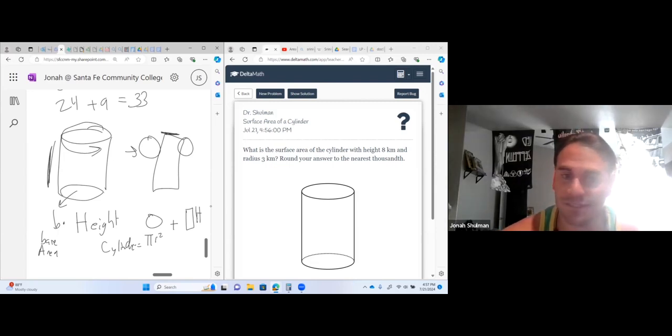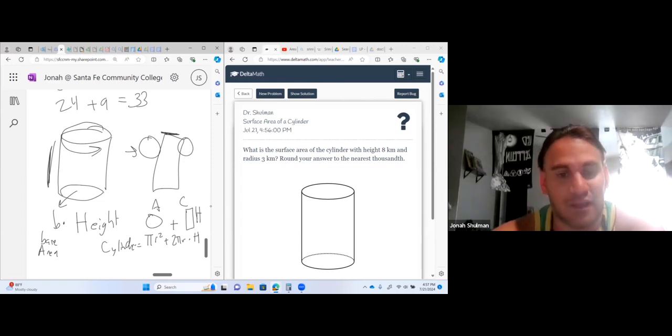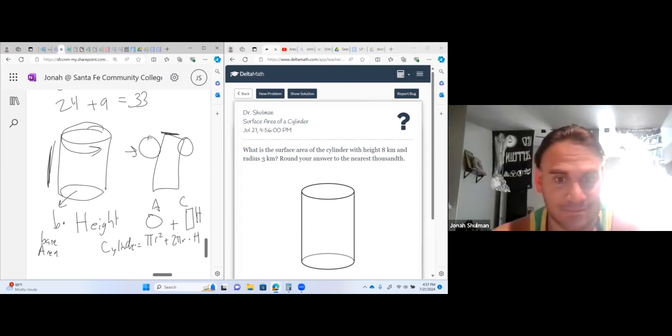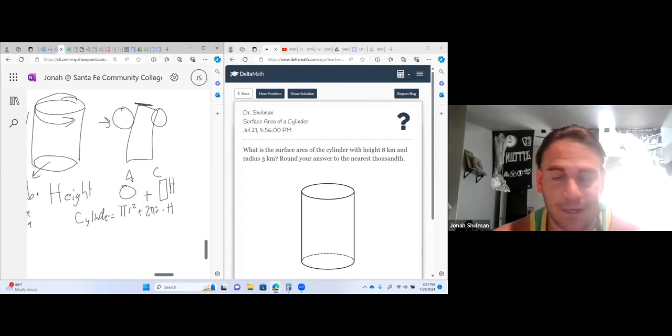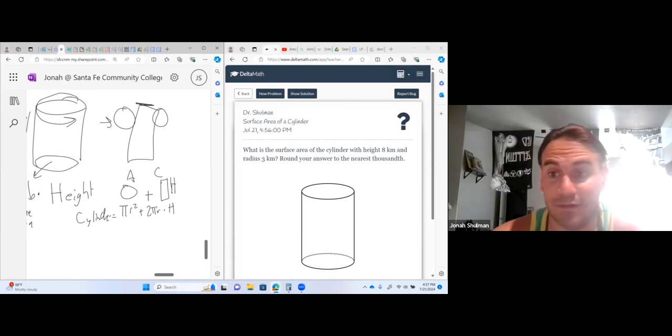So it's basically the area formula plus the what? Circumference formula. So it's area plus circumference times height. Isn't that wild? Pretty sure that's it. If I got it wrong, we'll figure it out together. But